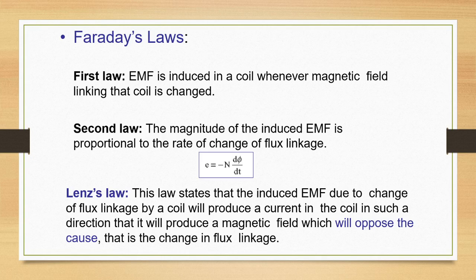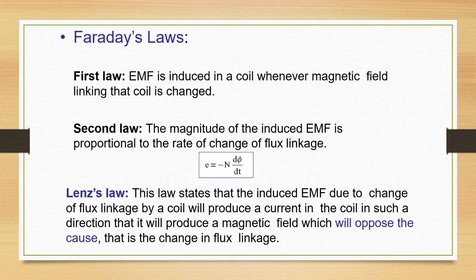Okay, as I said earlier, there are two types of EMFs induced. One is dynamically induced EMF. Second is statically induced EMF. So dynamically induced EMF is produced in generators, where we can see that whenever a conductor cuts magnetic field, EMF is induced in it. So there should be a relative motion between conductor and the flux to produce EMF. Okay. Either the conductor should move or the flux should move. If conductor is moving, flux is stationary, then the EMF induced is dynamically induced EMF. And if the flux is moving, conductor is stationary, that EMF is called statically induced EMF. That is in case of transformers. Dynamically induced EMF in DC generator, statically induced EMF in transformer.